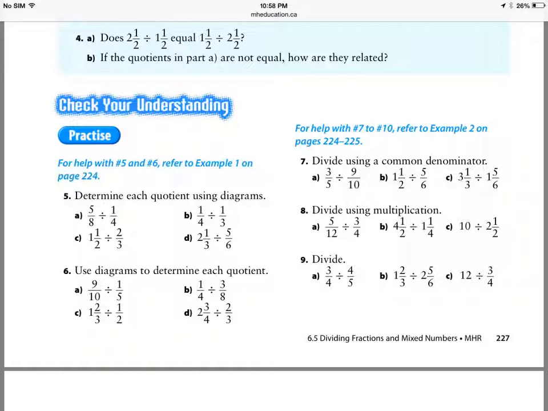So again, what I'd like you to do is, now we do the one we just did together. You can go back and look at it, watch the video again, and see if you can kind of figure out what I did. But we just did 5D together. We need to do the rest. Page 227. Together. 2 1/3